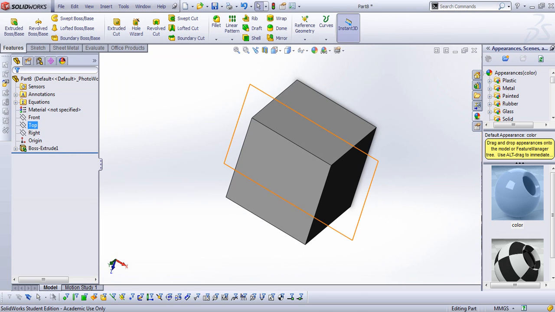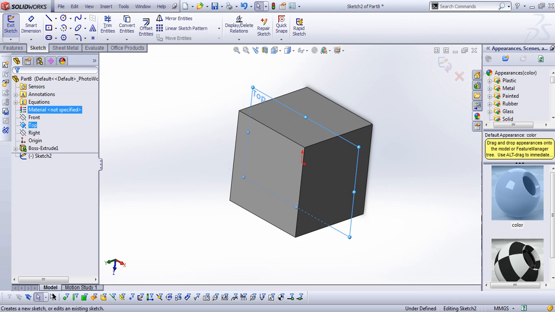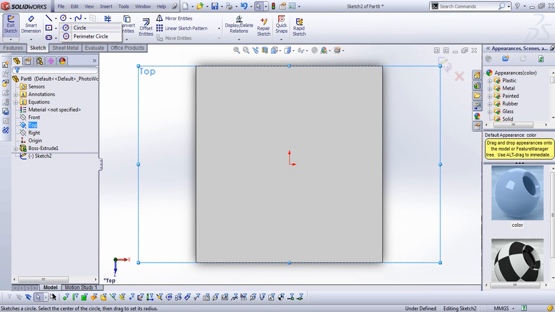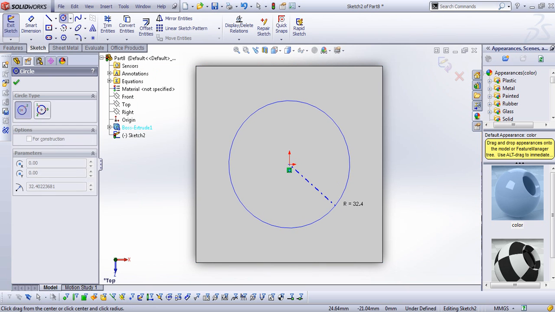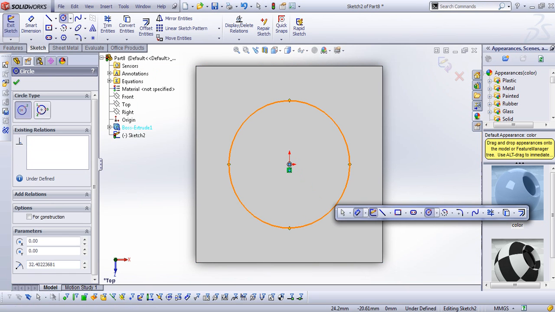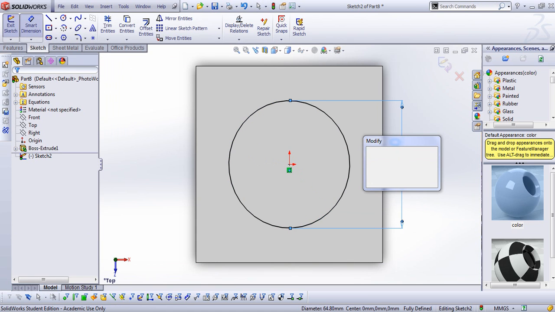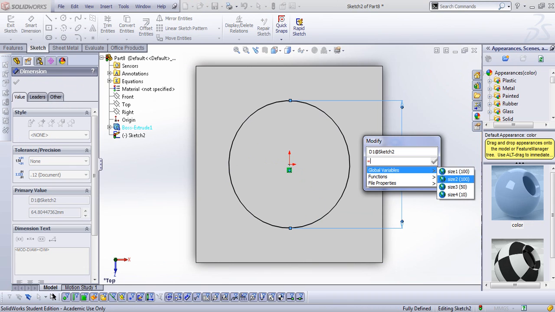Actually, it would be better to go to my top plane again, and I make a drawing on the top plane. I make a simple circle with the diameter equal to a new variable, my variable number 3, which is 50,